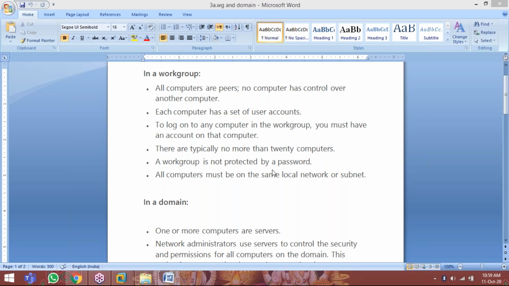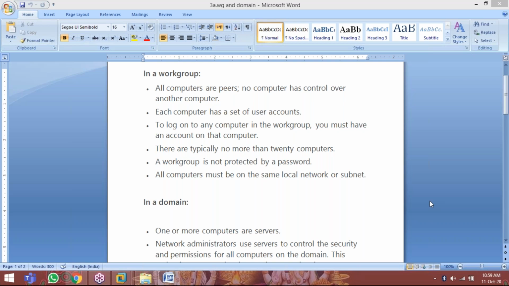A workgroup is not protected by a password. In a domain environment we can protect it with passwords; in a workgroup we cannot. All computers must be on the same local network or subnet. Within the same subnet only, workgroup systems will work. But suppose I have a company, Barclays Bank of America.